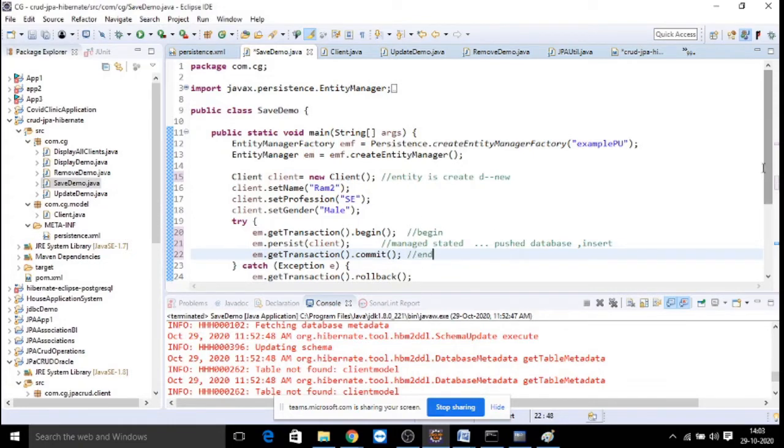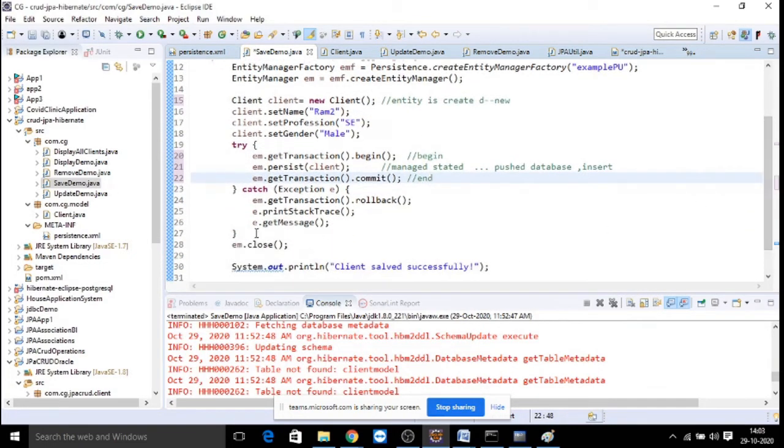Once your transaction is completed, are you going to continuously add records? Then going forward in your application logic, you may use this for further logic. You can extend this code. But in this particular example, we are just adding one record. So our job is completed. Then you have to close your entity manager. Here your entity manager is closed. So these are the steps you have to observe.